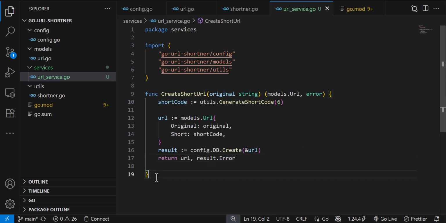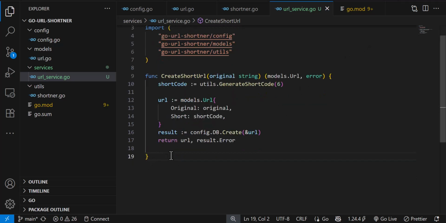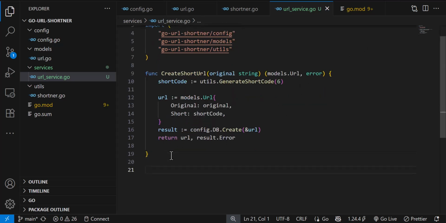So we can continue and create our function that will get the original URL, which is going to find the original URL by the short code. So when we use the short code URL, we are supposed to get the original that we saved, and that is how basically a URL shortener works. Okay, so straight away,